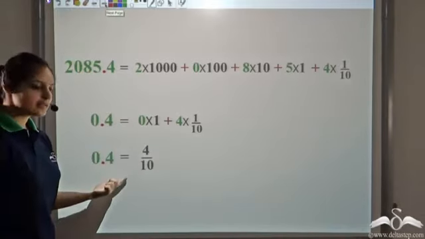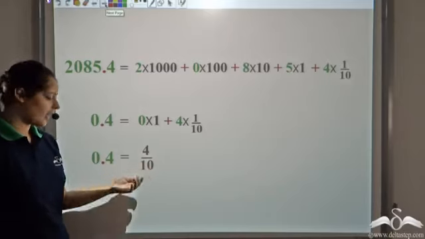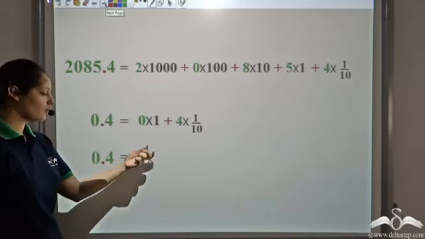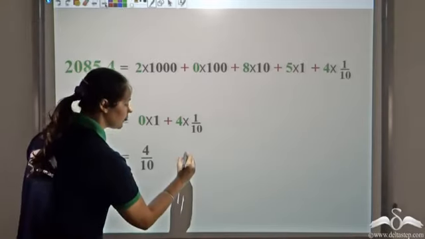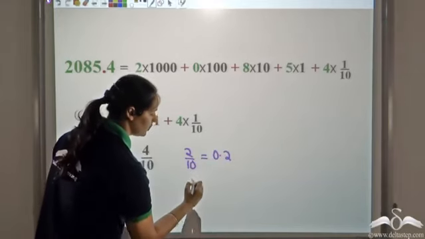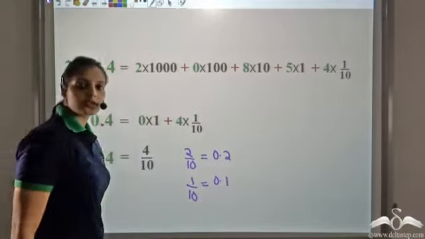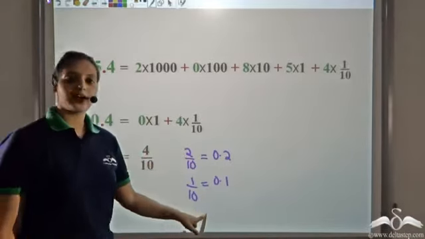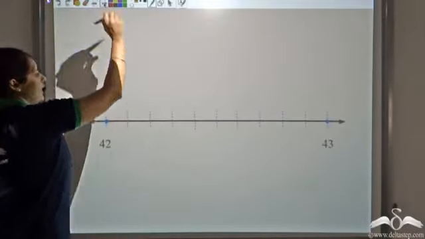So what we get is how to represent this fraction which has base 10 as a decimal number. So 4 by 10 can be written as 0.4. Similarly, you can write 2 by 10 as 0.2, 1 by 10 as 0.1. This was the question, how to represent these fraction numbers as decimals. So we've got the answer to that.